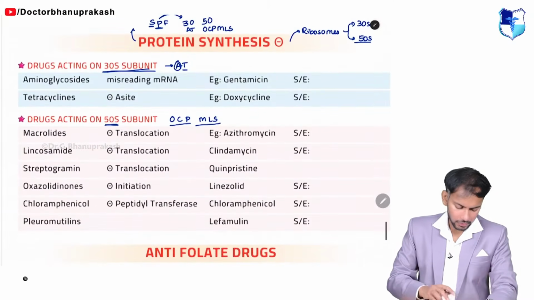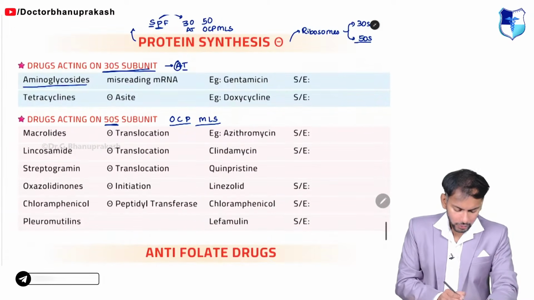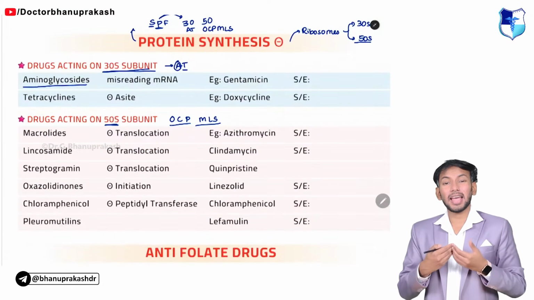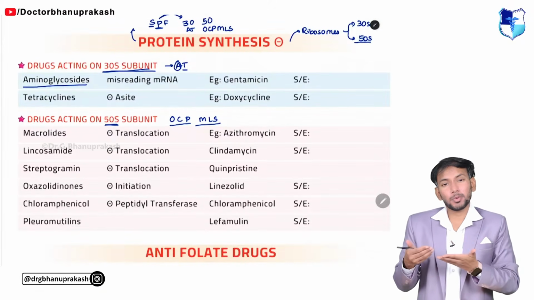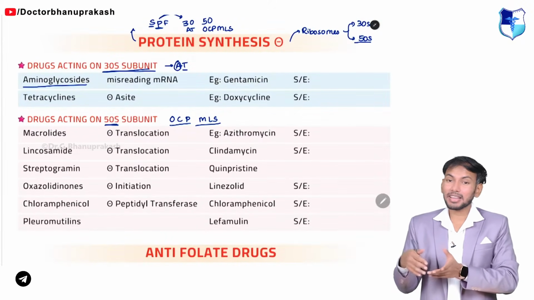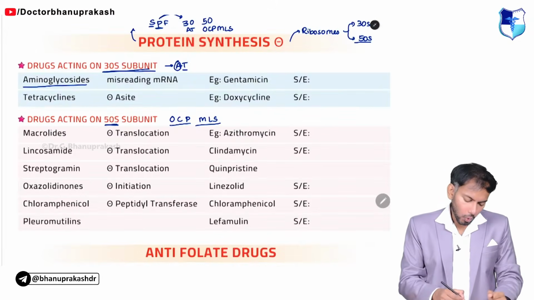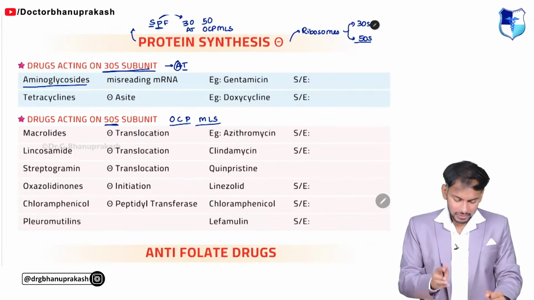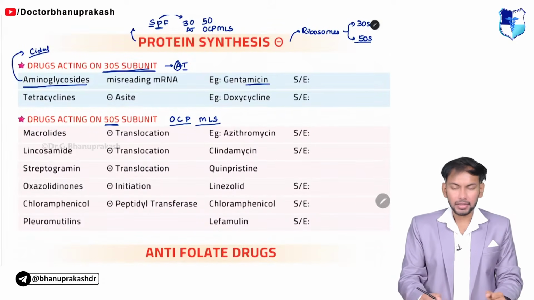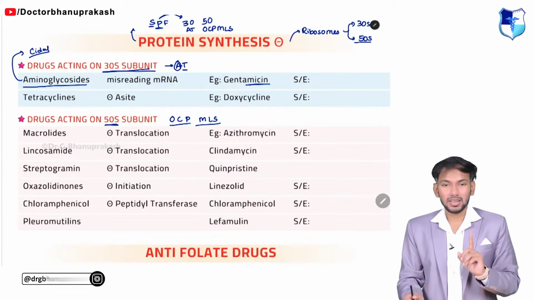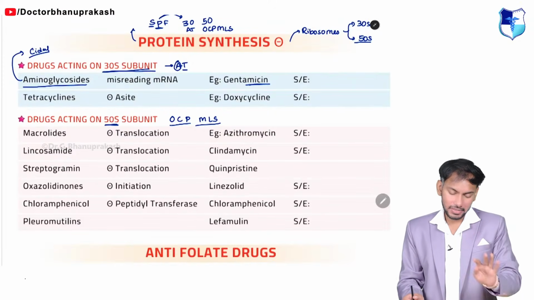Now, in the 30S, coming to aminoglycosides. Aminoglycosides act by misreading of mRNA. So, it will cause production of abnormal proteins. These are toxic to cells and they will kill the cells. So, the only drug that is cidal among protein synthesis inhibitors is aminoglycosides. They will have the name mycin in them: amikacin, gentamicin, streptomycin, kanamycin, all the mycins are